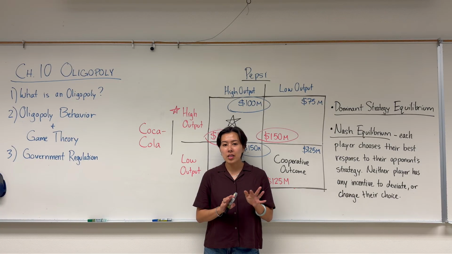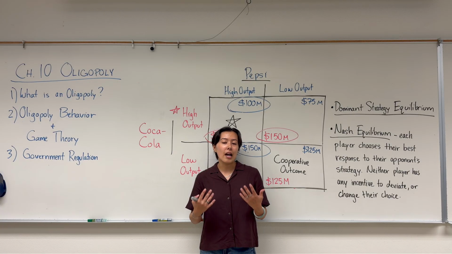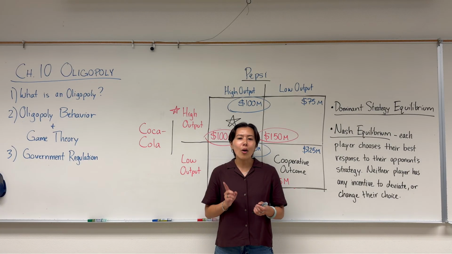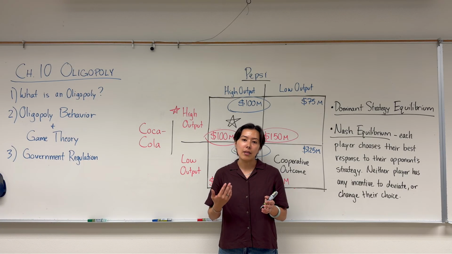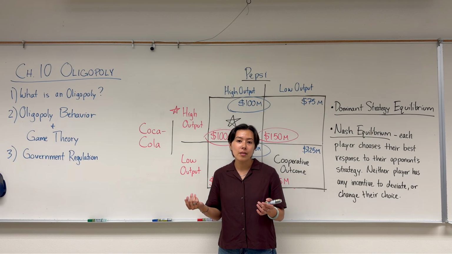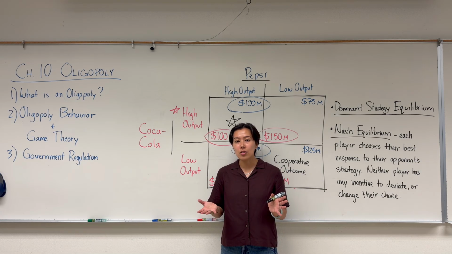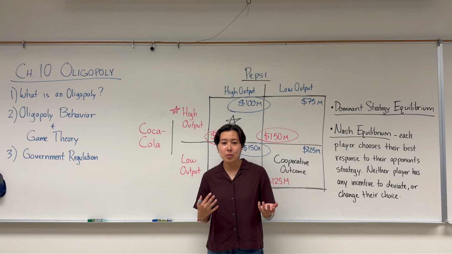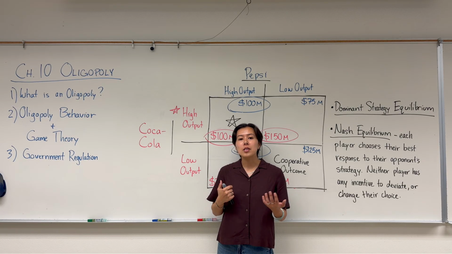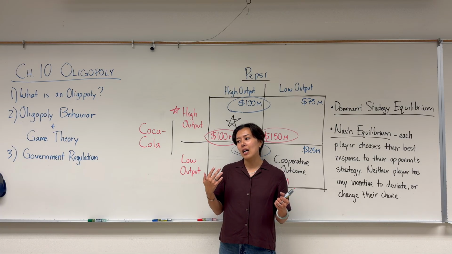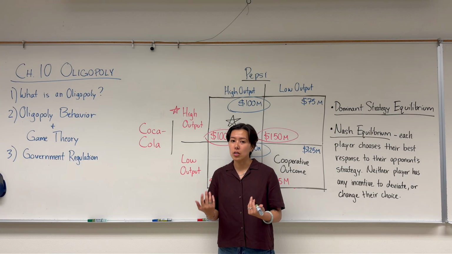There are ways that firms can kind of move under the radar and engage in this collusive behavior without being detected. But there are also scenarios where the government actually directly allows this collusive behavior to happen. There are some businesses that the government grants antitrust exemptions to, where they essentially allow firms to operate as an oligopoly. And there are other industries where the government's behavior creates an environment conducive to collusion.